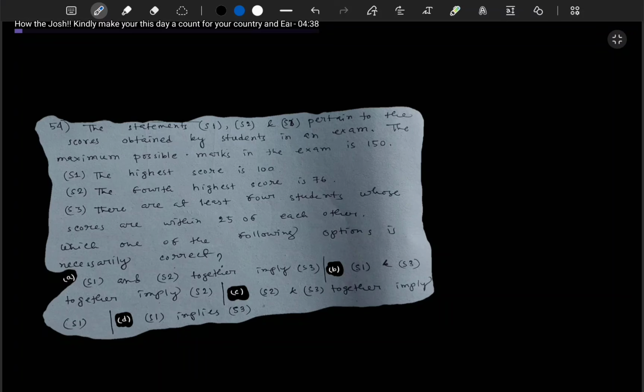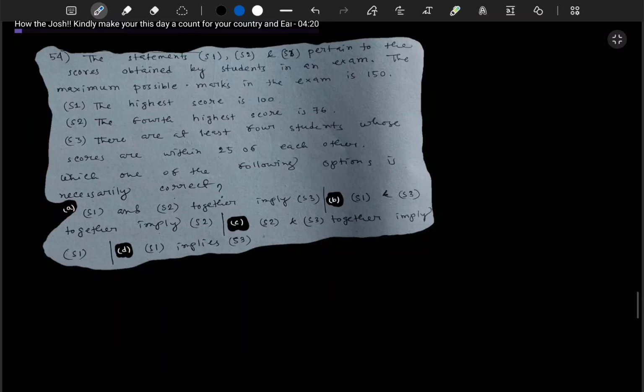54. There are 100 scores, the highest score is 100 here, and the fourth highest score is 76. The maximum difference among them is 24, and here 24 is less than 25. So in an